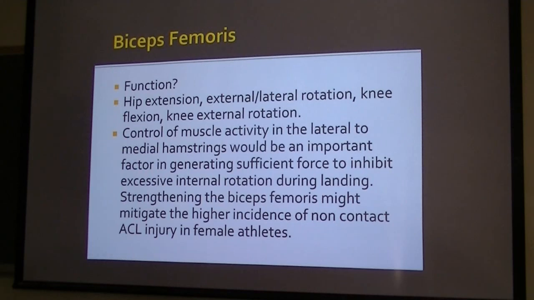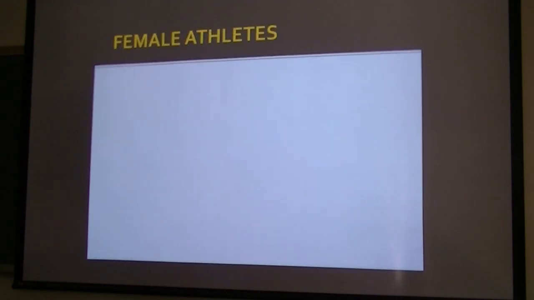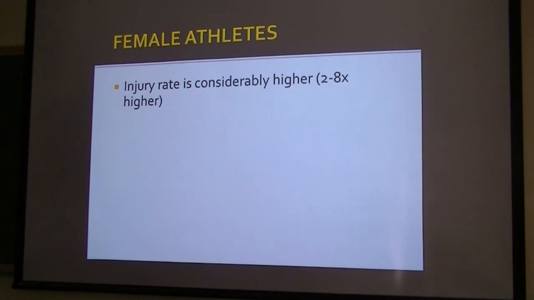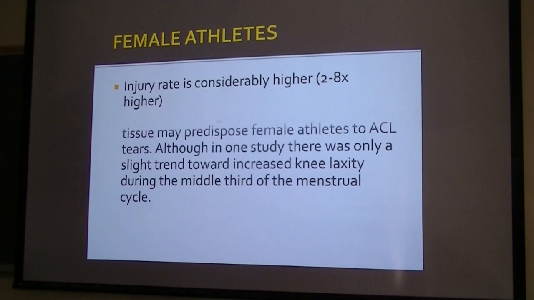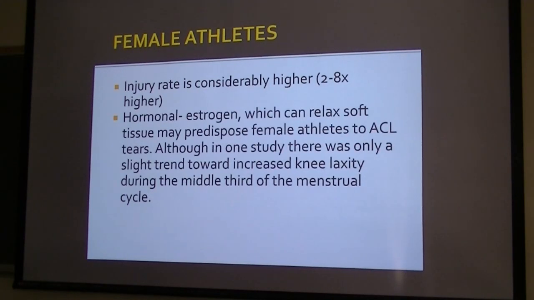A lot of this information is going to be off one study of the importance of the biceps femoris in female basketball players. Control of muscle activity in the lateral to medial hamstring would be an important factor in generating sufficient force to inhibit excessive internal rotation during landing. Internal rotation during landing is one of the injury mechanisms. Strengthening the biceps femoris might mitigate the higher incidence of non-contact ACL injuries in female athletes. So we'll talk a little bit about female athletes. The injury rate for female athletes for ACL problems is actually 2 to 8 times higher depending on the sport. I think it's a little bit higher in soccer than it is in basketball. Some reasons for that, they've